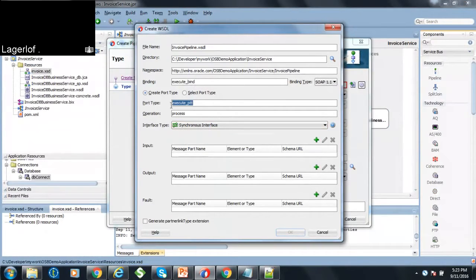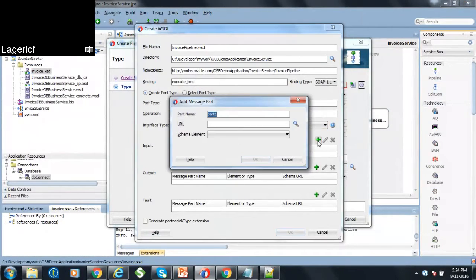And those of you who are familiar with WSDL, you can give this name. You can leave the default as it is, or you can just say like name, invoice port type, and all other namespaces, the namespace that you want to have. So in this case, I'll just leave the default that it has given. And here the input, output, and the fault message, you got to select the schema. In the fault, in case of any error, how your fault schema should look like. So for this tutorial, I'll just have the input and output filled in. So I'll just call it the invoice in,